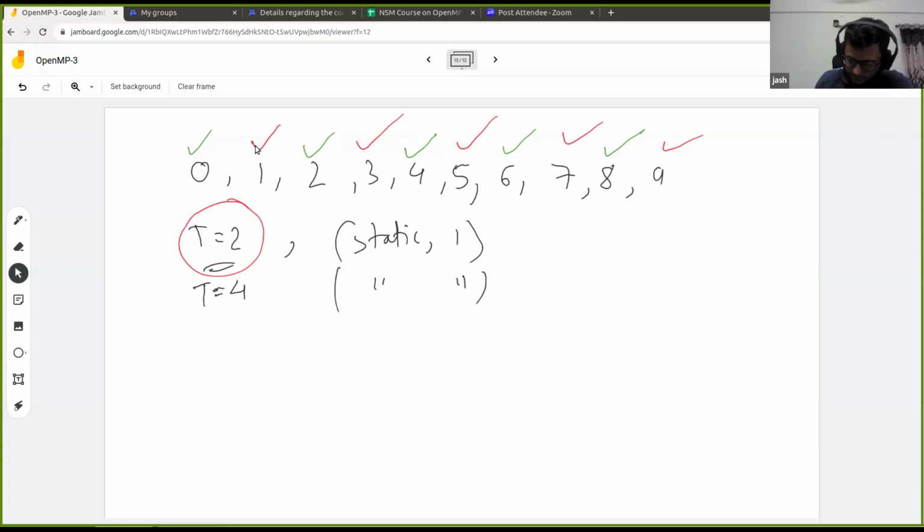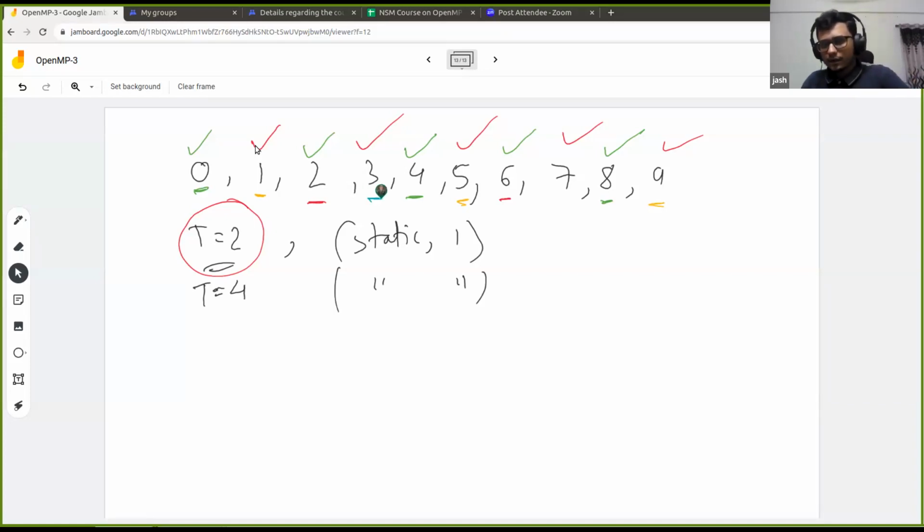Thread 0 will pick up 0, 4, and then 8. Thread 1 will pick up 1, 5, 9. Thread 2 will pick up 2, 6, and thread 3 will pick up 3, 7.